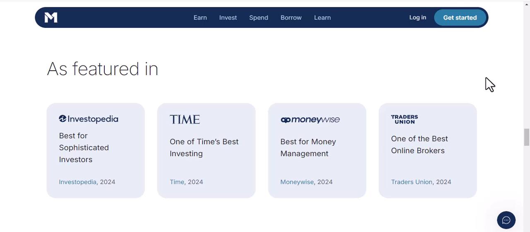If you choose the Plaid option, and it's highly recommended for its speed and security, you'll be prompted to search for your bank. A search bar will appear, and you can type in the name of your bank or credit union. Once you find your institution in the list, you'll be asked to enter your online banking username and password